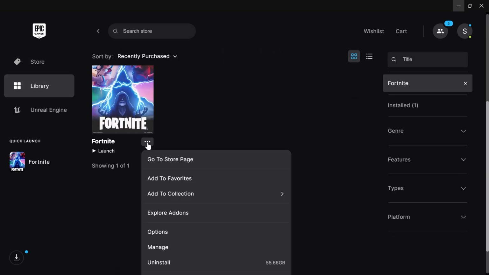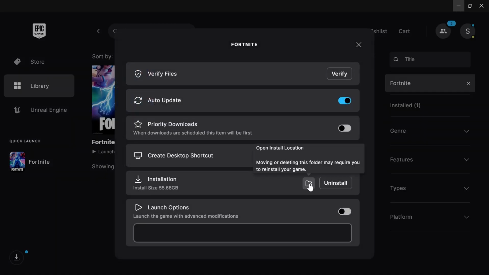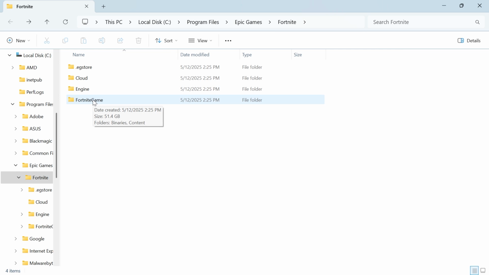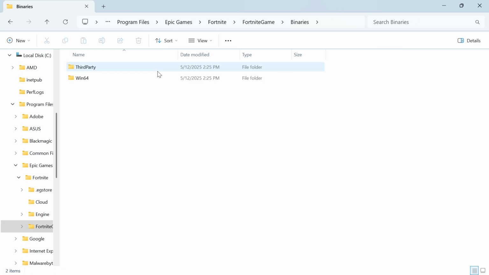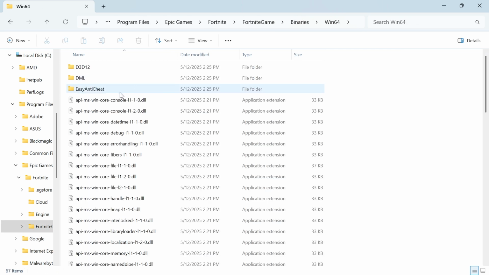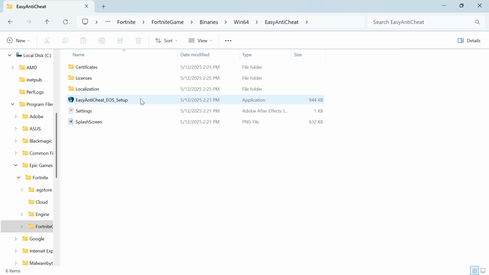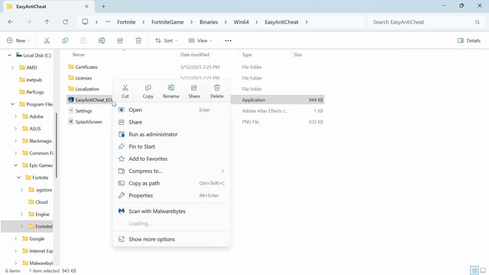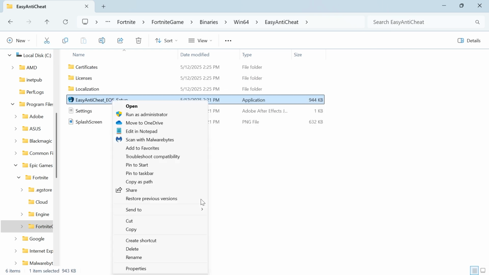Click on the 3 horizontal dots and click on Manage. Now click on the Open Install Location icon. Now double click on the Fortnite game folder, double click on Binaries, double click on Win64, and then double click on Easy Anti-Cheat. Now right click on the Easy Anti-Cheat EOS setup, click on Show More Options, and click on